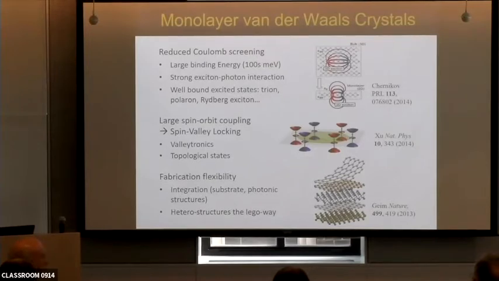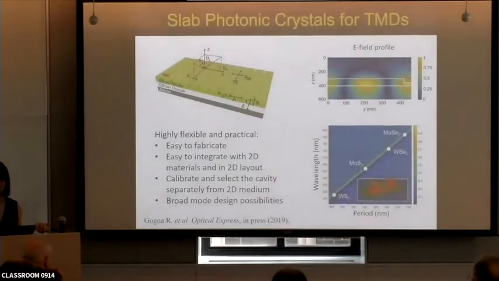So again, 2D materials don't need a real introduction. What we make use of in this particular case is the very large binding energy, the strong exciton-photon interaction, and of course the fabrication flexibility. With gallium arsenide and the traditional materials, we need lattice-matched heterostructures. That's why we need to keep the quantum well inside of the cavity and use the photonic crystal as a reflector instead. But with the 2D materials, we can use the photonic crystal itself as the resonator.